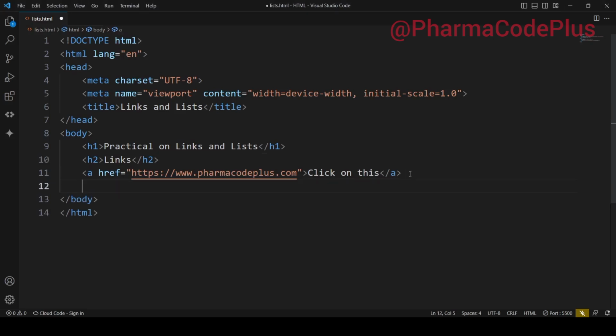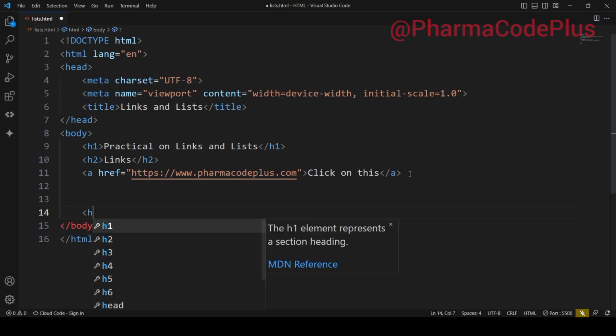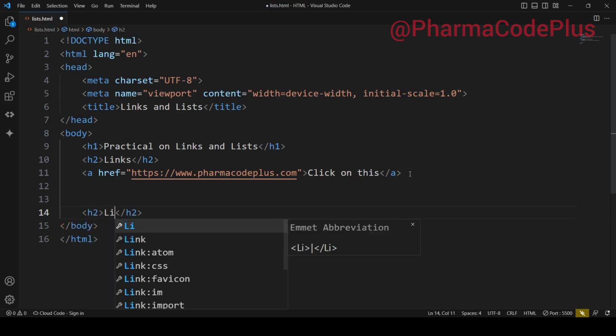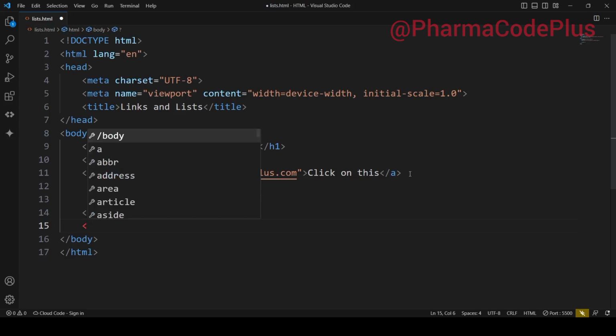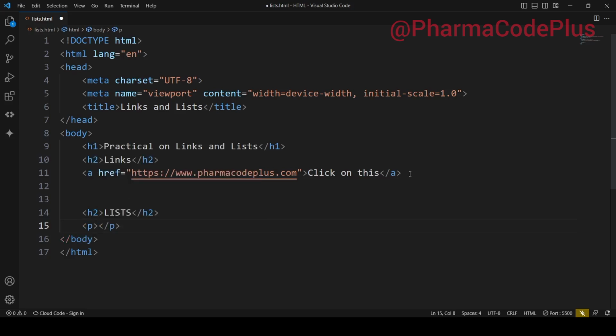So the next section, let me just put some spaces. So this is H2. Let me name it list. Let's start with the unordered lists. Let's begin with unordered lists. I'll just put a paragraph and name it unordered list